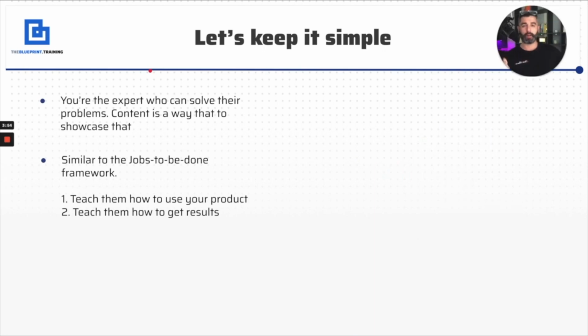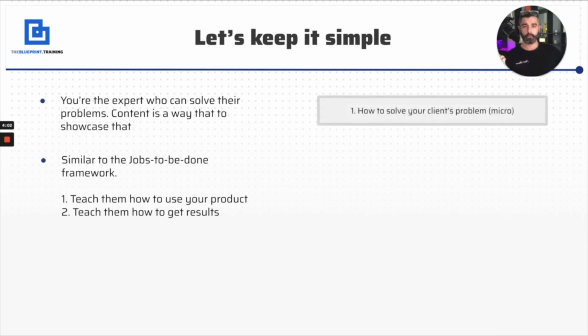I came up with 5 different content buckets that you can go after to come up with these 5 content topics. So the first one is, I want you to start with coming up with that micro conversion, right? What is going to be that webinar, that VSL, that gated piece of content that we can use to put behind some sort of email or phone number wall, something that's really valuable to them, enough for them to give a piece of their personal contact information in exchange for it.